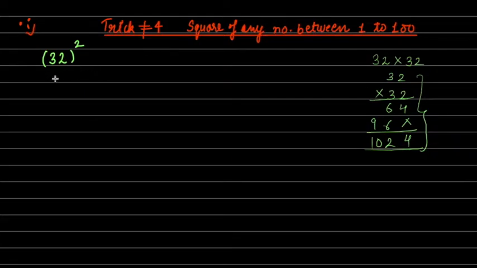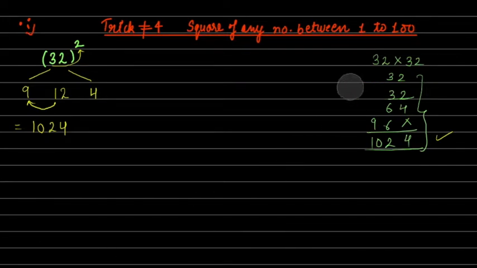So 32 square, what we have to do, we have to write the square of this digit, which is 9, the square of this digit, which is 2 2s are 4, right? So we write here as 4. Now you multiply these three digits. 3 2s are 6 and 6 2s are 12, and write it in the middle. Now this one is a carryover, goes here, which makes 9 plus 1, 10, 2, 4. And if you match it, it is same as this, right?